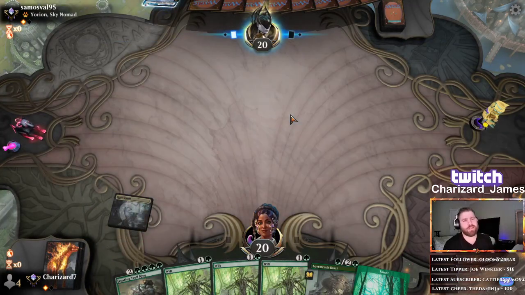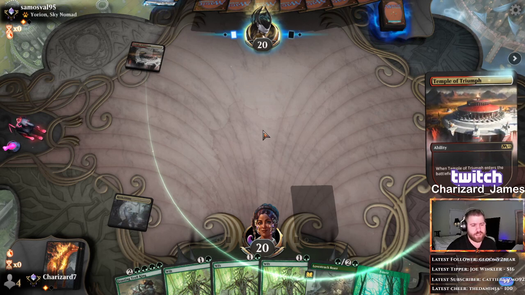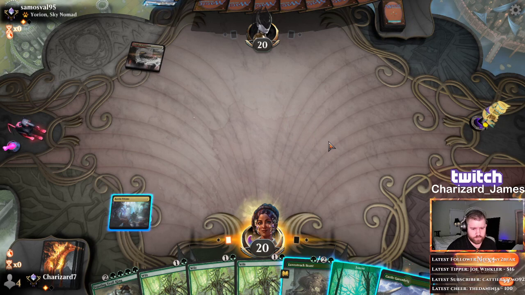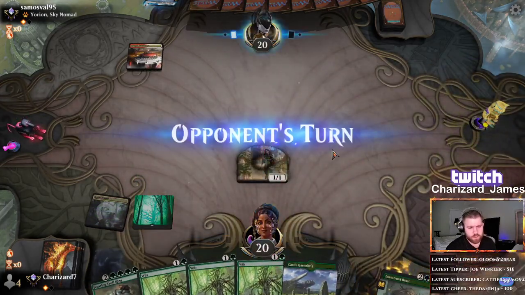We are playing Simic Ramp, Simic Food, whatever you want to call it. Ramping up into Kogla, Feasting Troll King, Kiora Best to Sea God, etc. Since we drew that land, I don't need to...